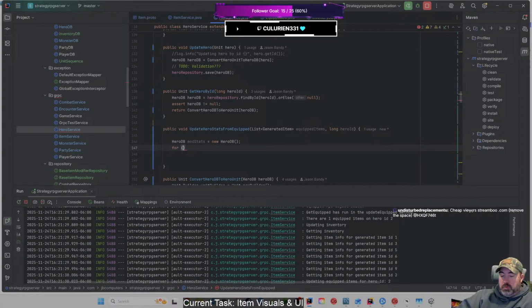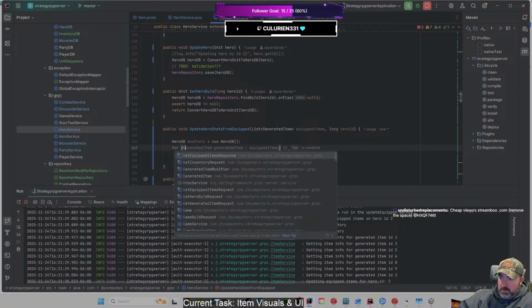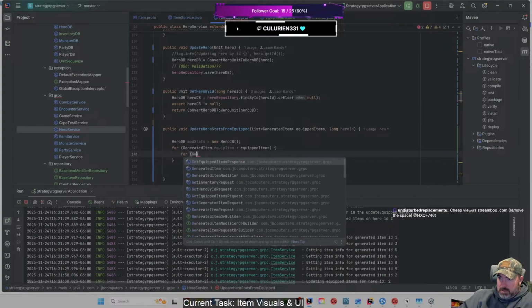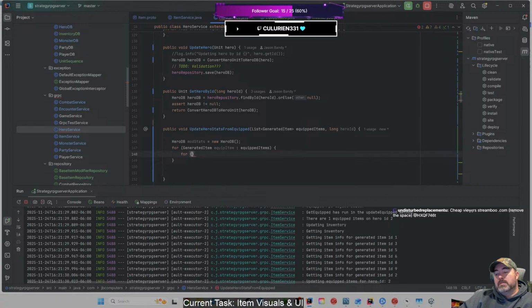And then the second loop will be through the list of modifiers within that item. So this first loop will be for generated item. Let's rename that to equip item. Then we need to jump in one more loop here and say for each generated item